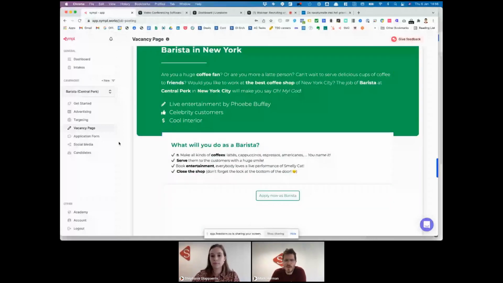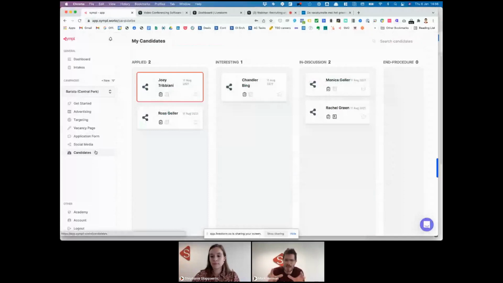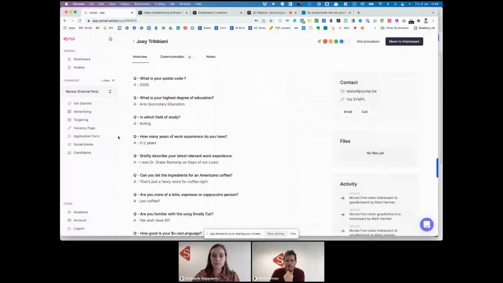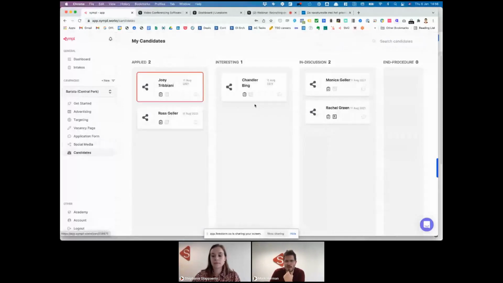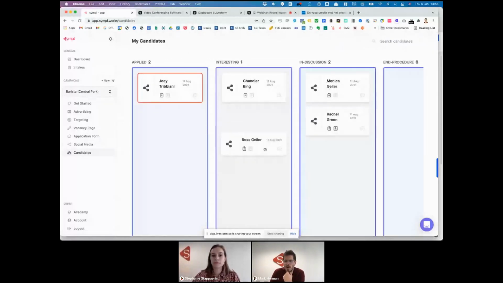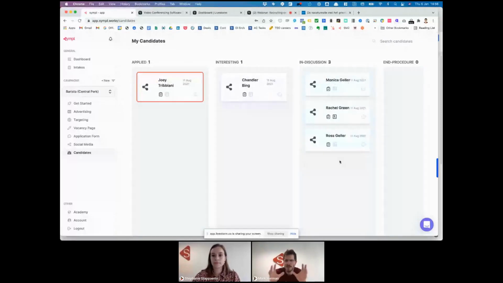And then very important, you'll also be able to manage the candidates coming in, whether it's through a lead form or through a different approach. You can look at your candidates in detail to know more of their background. And then once you know what you want to do with your candidates, you can move them around to the relevant category. So you have a nice and visual overview of your candidates. But on top of that, this will also steer the software into spending the budget on the campaigns that are most successful. All of that you can also follow within the social media tab here.